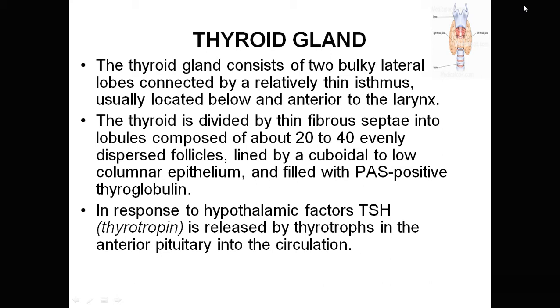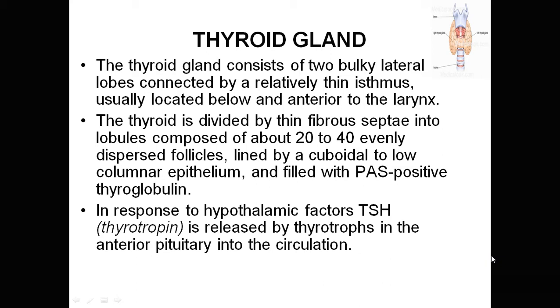The thyroid gland consists of two bulky lateral lobes, which are connected by a relatively thin isthmus usually located below and anterior to the larynx. The thyroid is divided by thin fibrous septa into lobules, which are composed of 20 to 40 evenly dispersed follicles, lined by cuboidal to low columnar epithelium and filled with PAS-positive